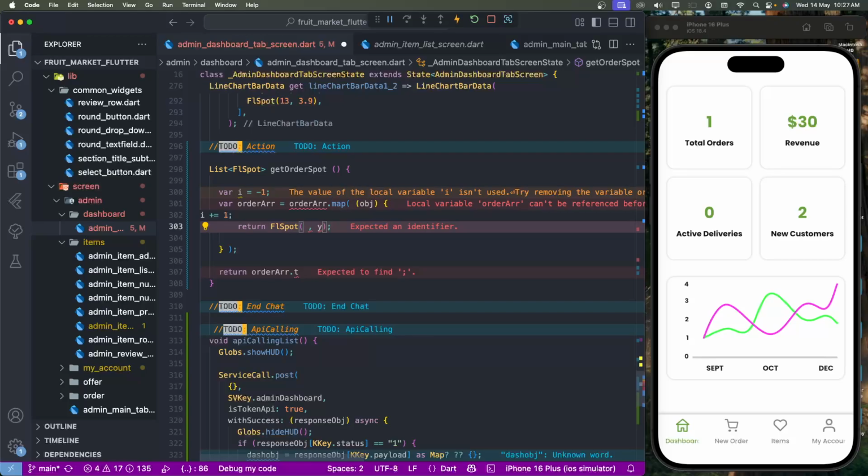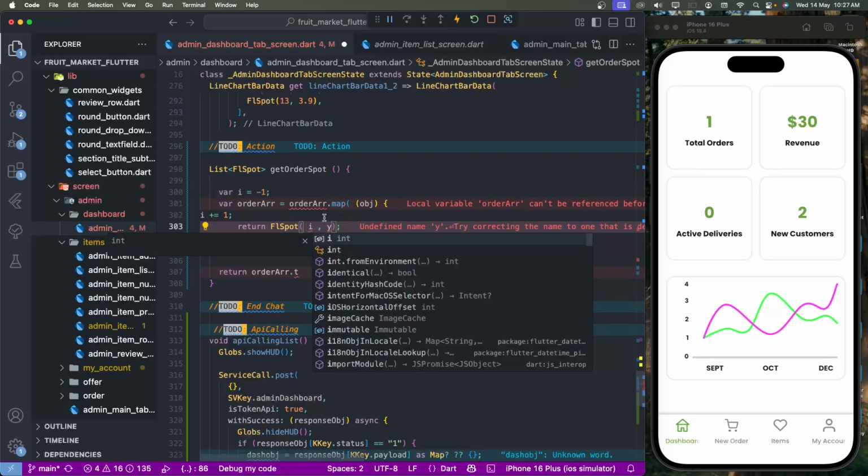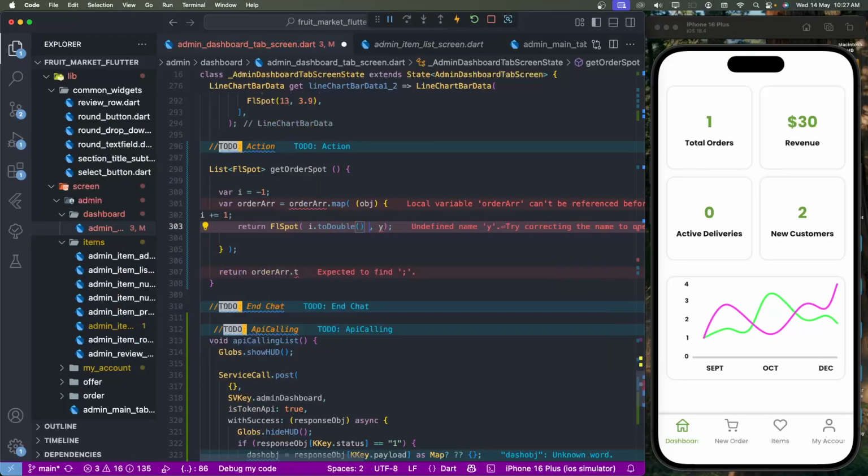We need to set here the i value to double, and here we need to set the checked array object, and we need to pass this double